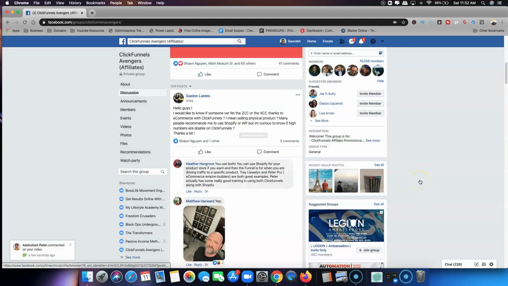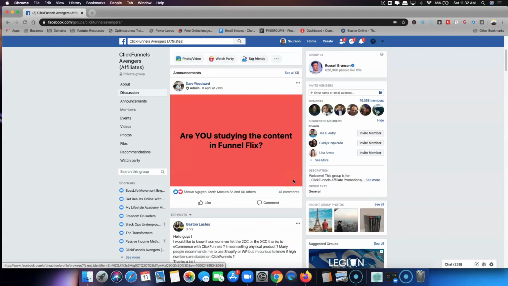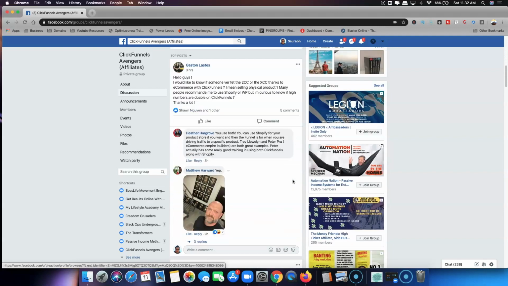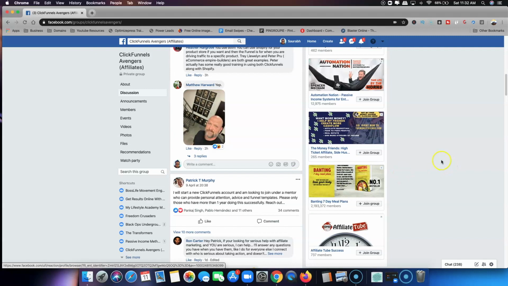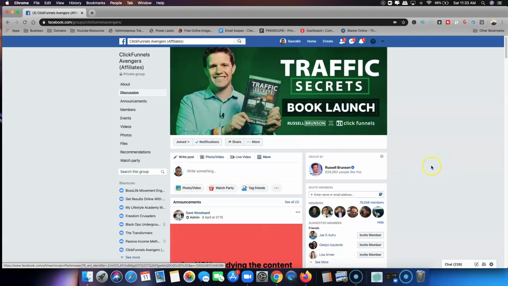So again, I'm telling you, it's not just about sending the request. You also have to put a meaningful comment, add some value, interact with people in those groups and those pages. So it's not just about blindly sending them a request to add friends. Now, so this is the manual way to add friends.